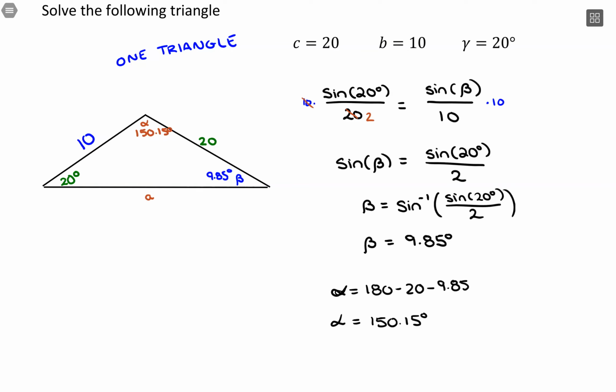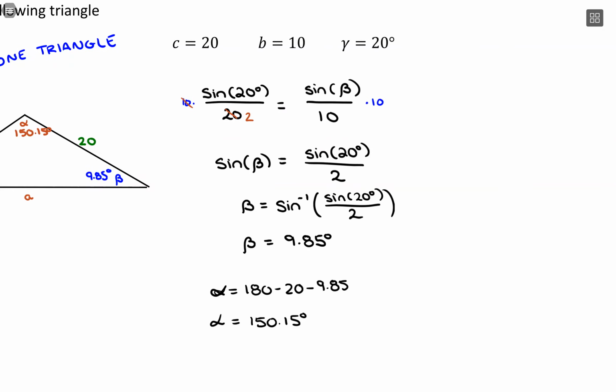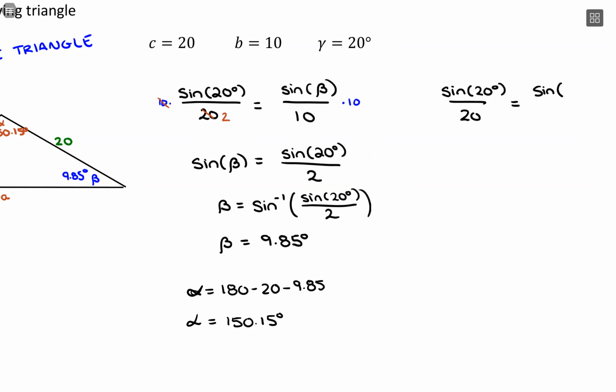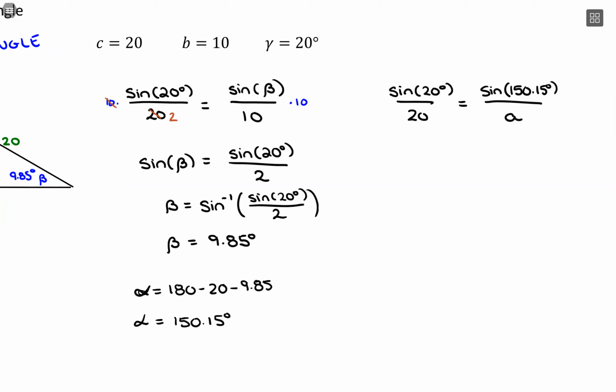And then my last piece that's missing is the side length A. So with that, I need to go back to law of sines. So I'm going to use that sine of 20 degrees divided by 20 is equal to sine of, and I know my angle measurement of 150.15 degrees, but I don't know my value for A. So cross multiply and then divide, and you should get A equals 20 times sine of